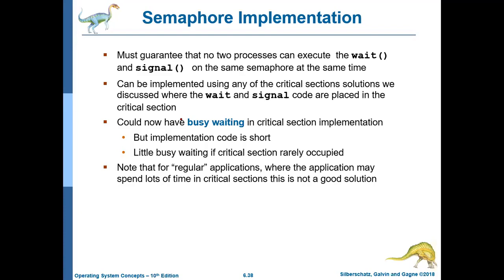Suppose process 1 is calling wait, and process 2 is also calling wait. At that time, the semaphore value is 1. Both the while loops will not work if they are working at the same time. But in your system, no two lines are executing simultaneously. You can run two different statements only after an interval, after a gap. You cannot run them simultaneously.